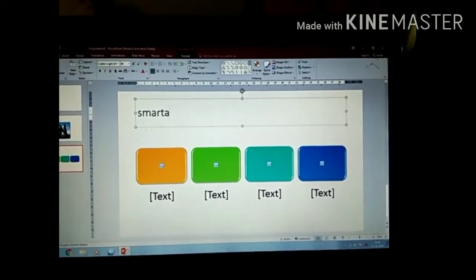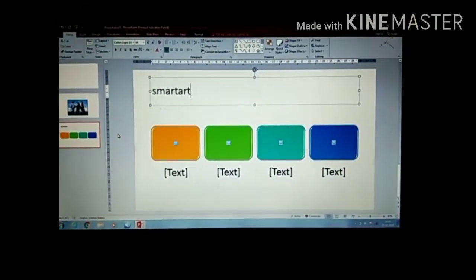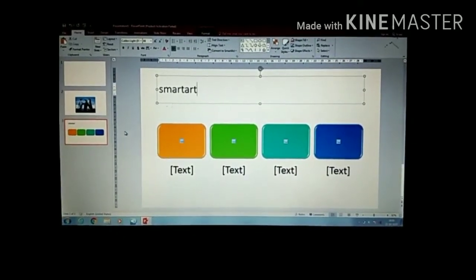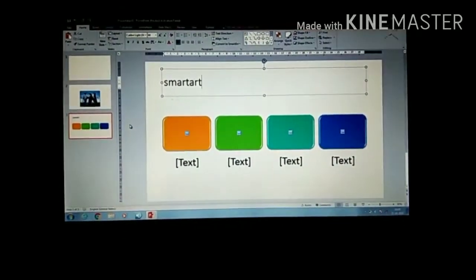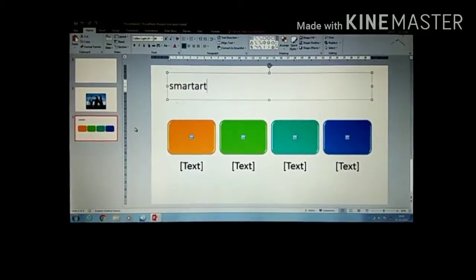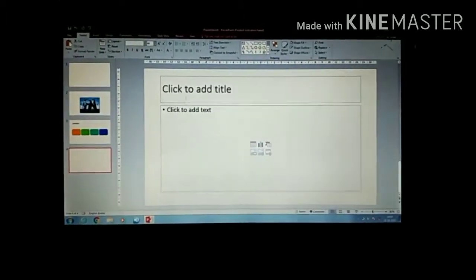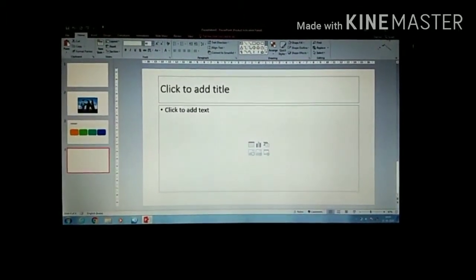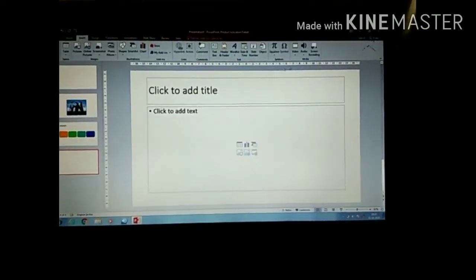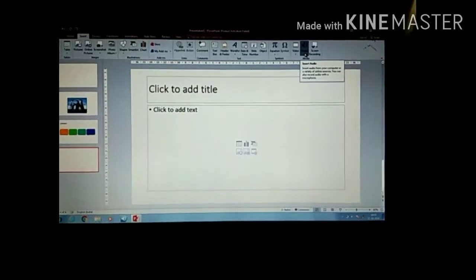Now our next practical is how to insert audio and video to a slide. So now let us insert audios and videos to a slide. Audio and video options are available on the insert tab. In the media group, here two are the options. First of all, let us see the practical of audio.